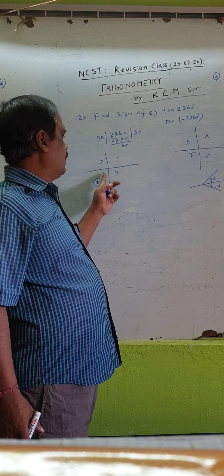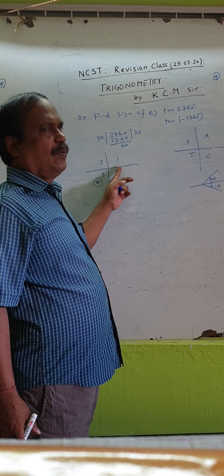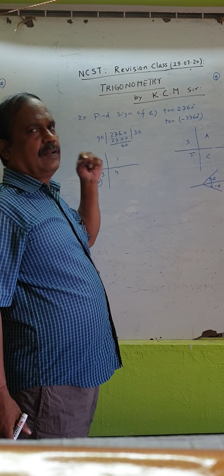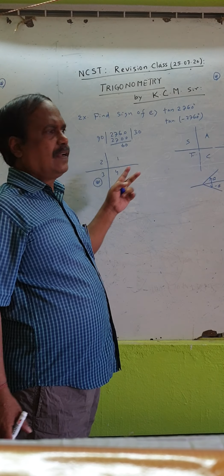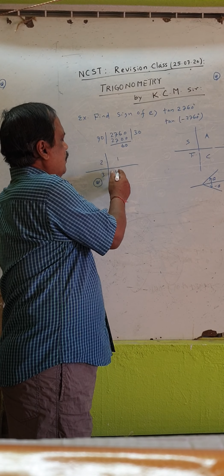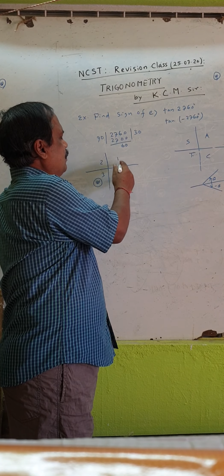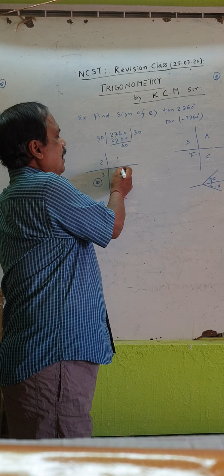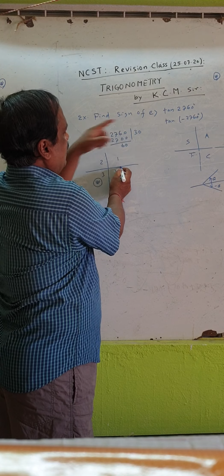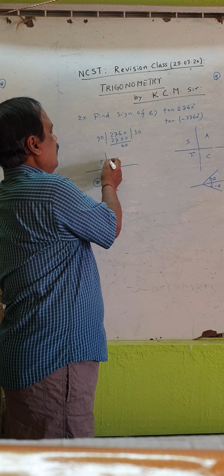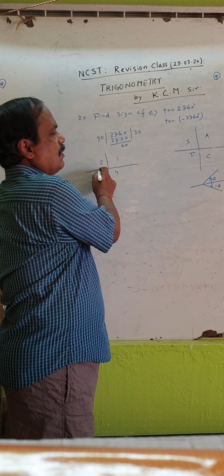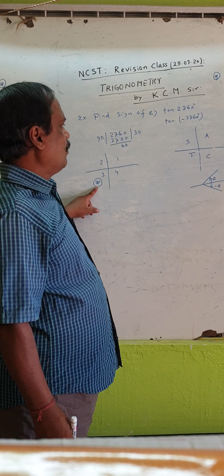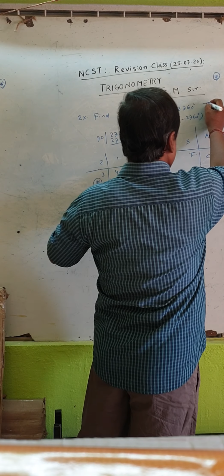Follow this one. Actually, if you divide, it comes to 30. So 1, 2, 3, 4 means all multiples of 4 will come here. This is 30. 30 is not divisible by 4. What is the previous one divisible by 4? 28. That means 4, then 8, then 12, 16, 20, 24, then 28 will end here. After 28, another 30 means another 2 quadrants. Then 29 and 30. 30 comes here. Then 60 plus 60, so it falls in the third quadrant. In the third quadrant, tan is positive, so this is positive.